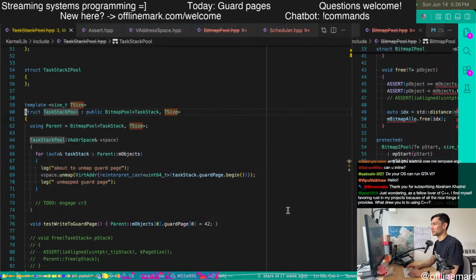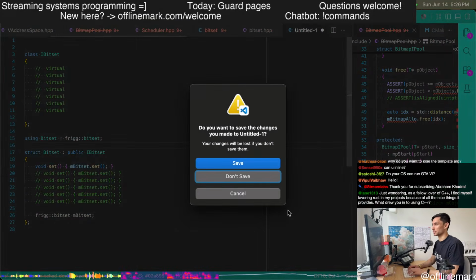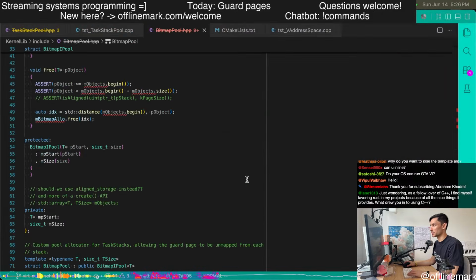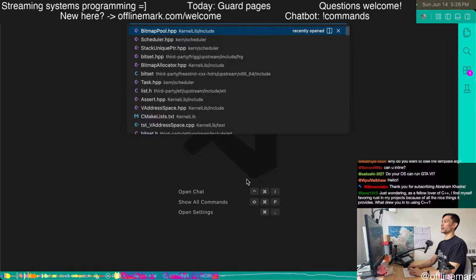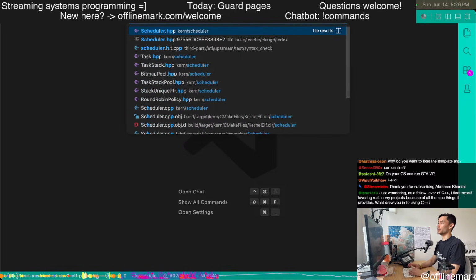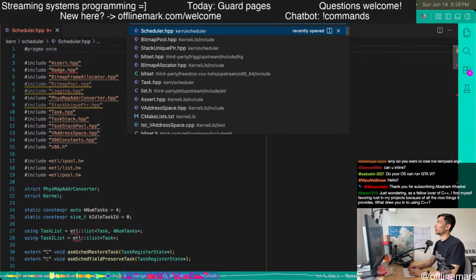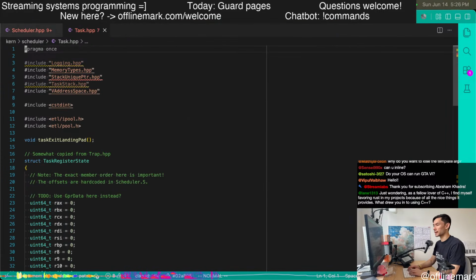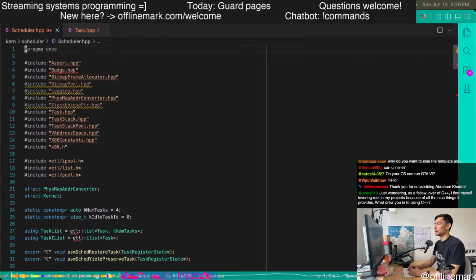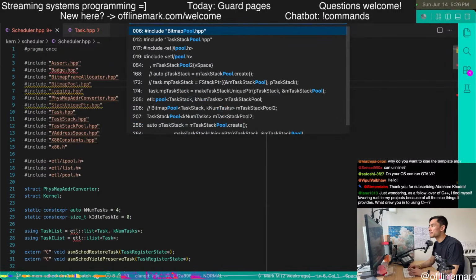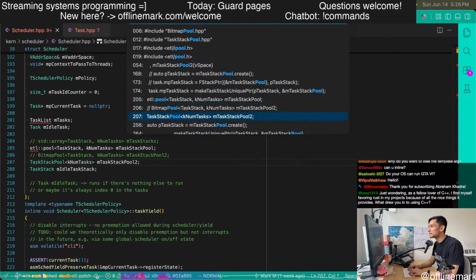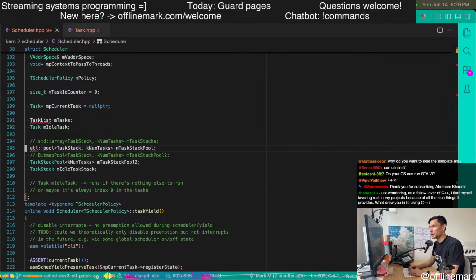So let's just take a moment to check out the state of the code. Let's clear out everything and open the relevant files, task.hpp. So over here, we can see our broken attempt at the ETL pool right there.